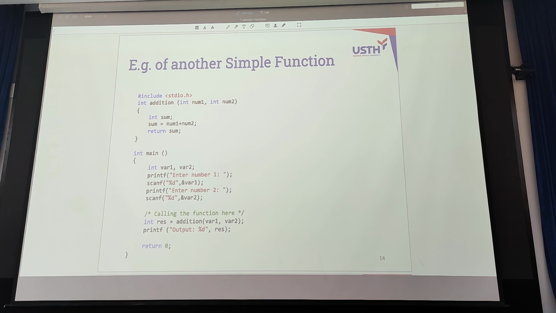This function, we sum number one and number two.